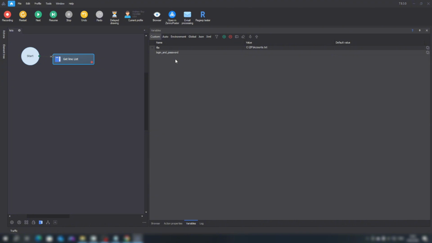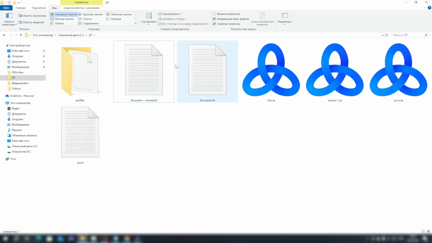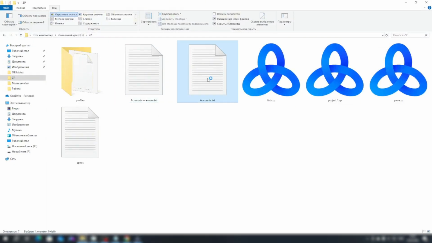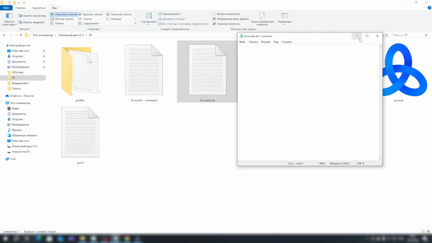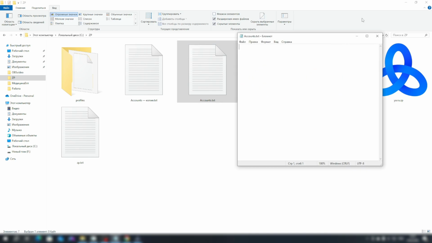And let's create a copy of our file so that our data doesn't get lost later. And now we enable this action and we see that the first line has been taken. If we go to our file, we see that it has become empty. Here is its initial state, and here it is after the action. We see that the line has been deleted.